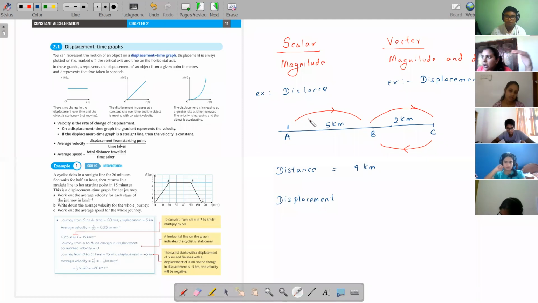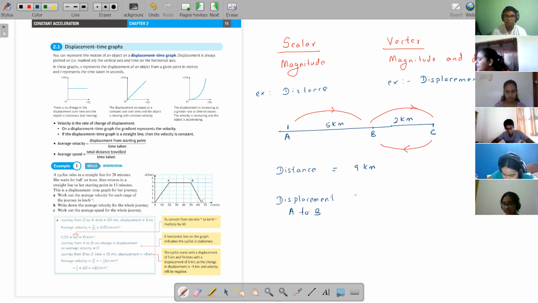Displacement is something like this. It gives you the shortest distance between a pair of points. In distance, you don't do that, right? You go up, you come back, you take the total amount you travel. Displacement is not like that. If you go and you come back, the displacement is actually the shortest distance between the 2 points that you're considering. So what's the displacement from A to B?